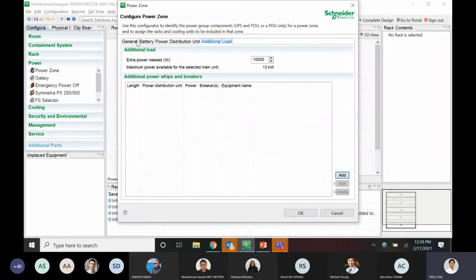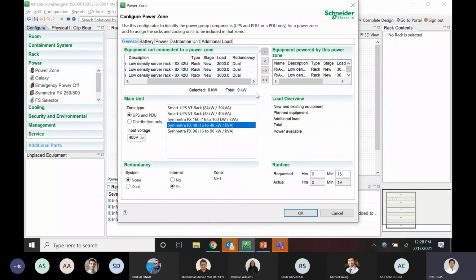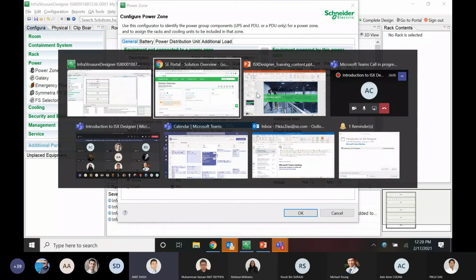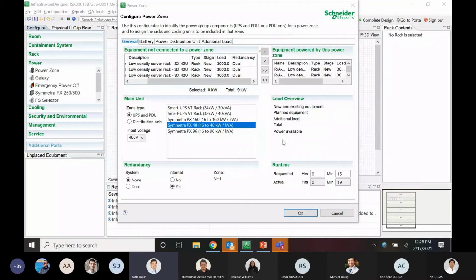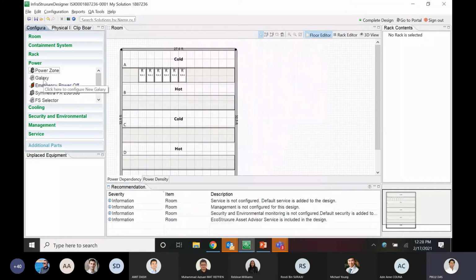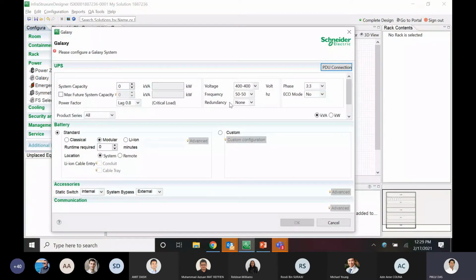Iglu, there is a question in the chat from Sergey about how to determine the power factor for Symmetra PX. Yeah, so in our ISC designer, for the Symmetra we are maintaining a power factor of 1. But if you go to our Galaxy configurator, we do have that power factor where you can set it up based on our site requirement.